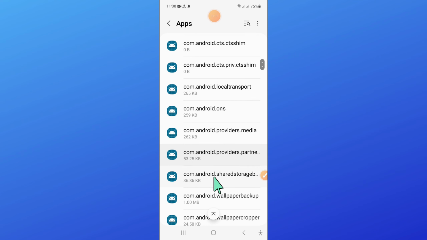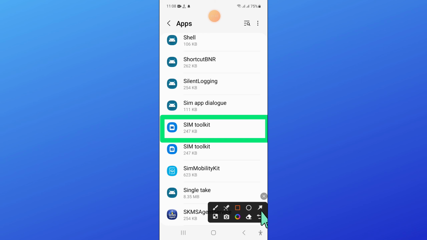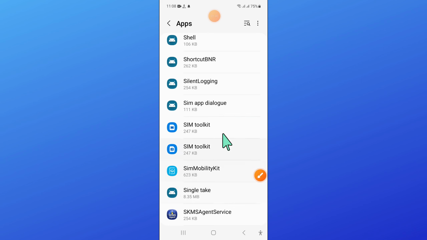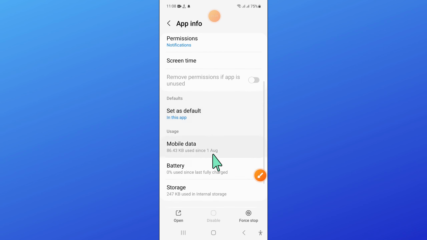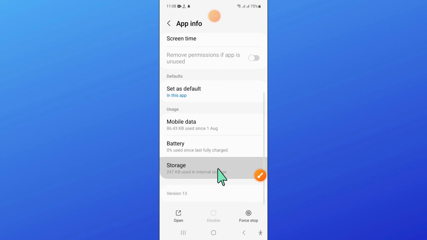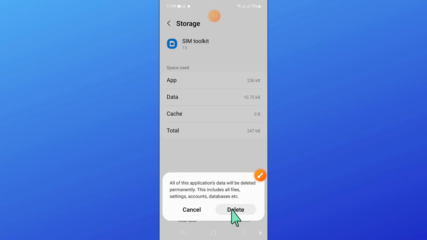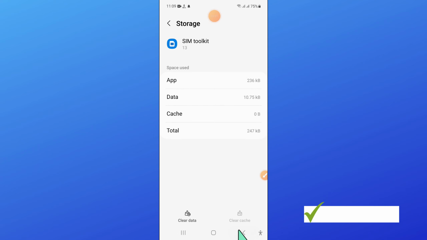After that, scroll down and here open SIM toolkit and then go to the storage of SIM toolkit. Now clear the app data and cache memory of SIM toolkit. Now click on delete and then go back to apps